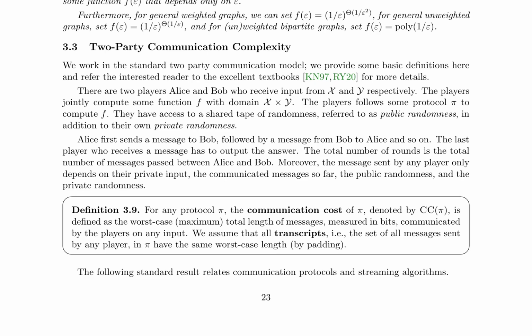In the context of two-party communication complexity, the paper establishes a connection between communication protocols and streaming algorithms, showing how a P-pass S-space streaming algorithm can be translated into a two-party protocol with 2P-1 rounds and O(PS) communication cost. Message compression techniques are presented to reduce the communication cost of limited-round protocols close to their information cost.